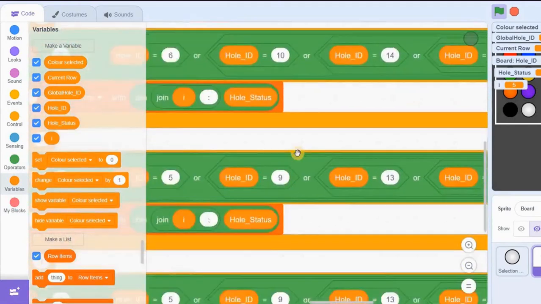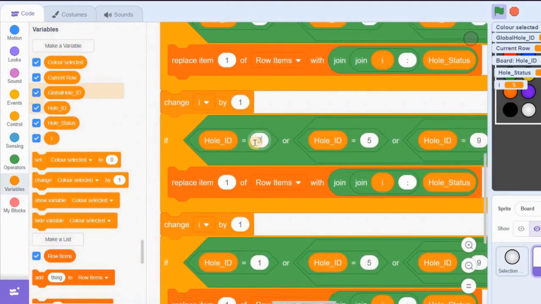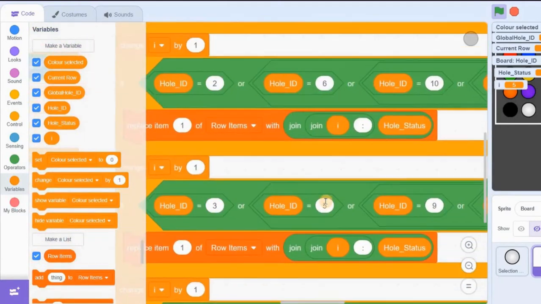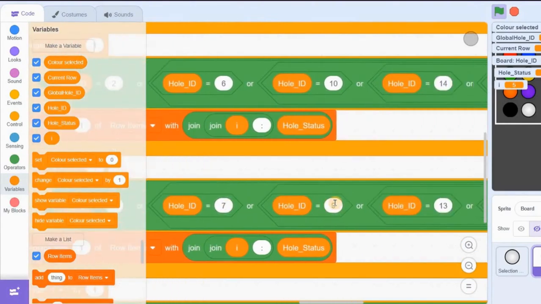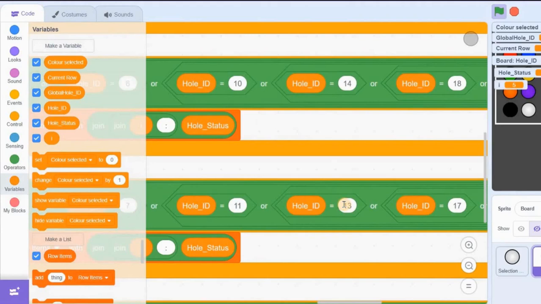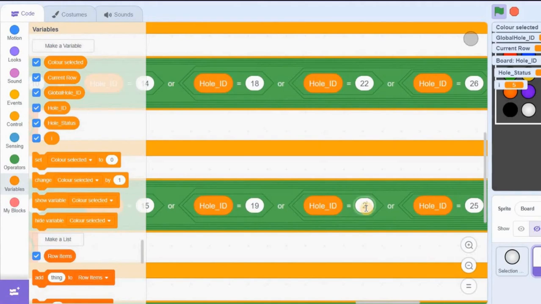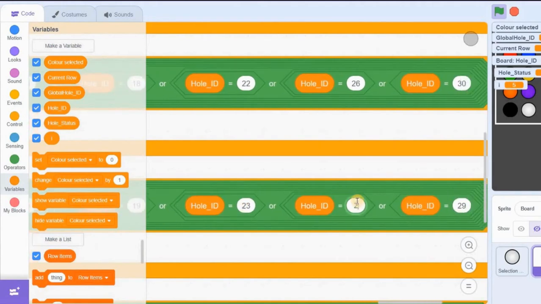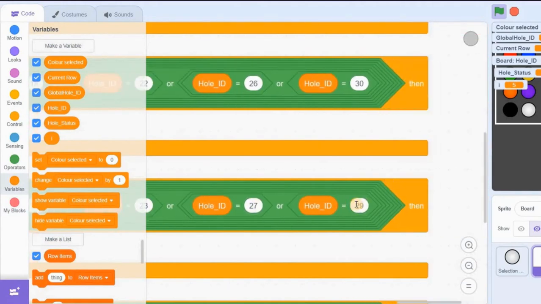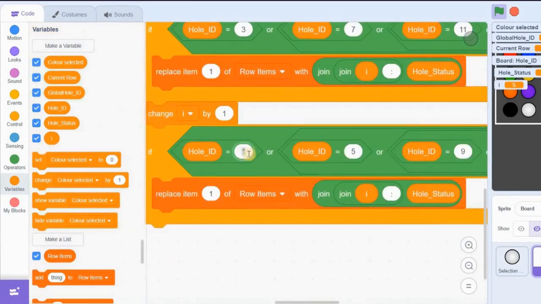Same for the third hole in each of the rows. Hole ID equals 3, 7, 11, 15, 19, 23, 27 and 31. Now for the last hole in each of the rows,